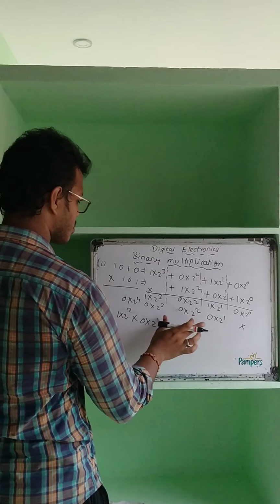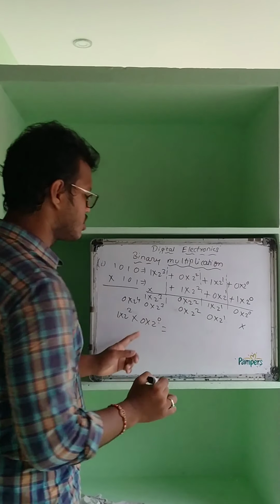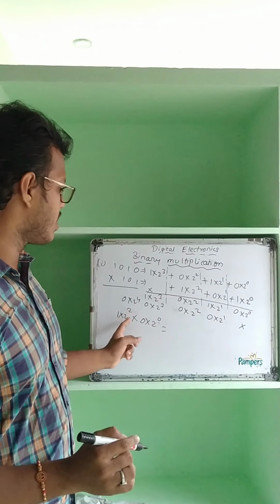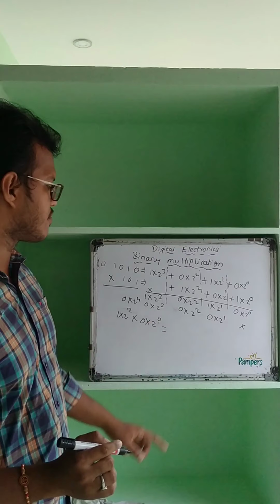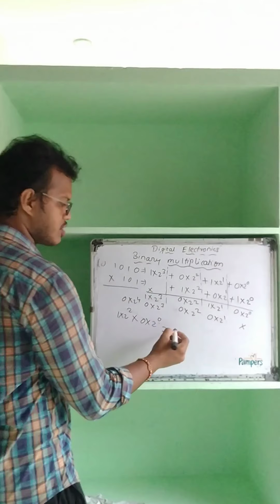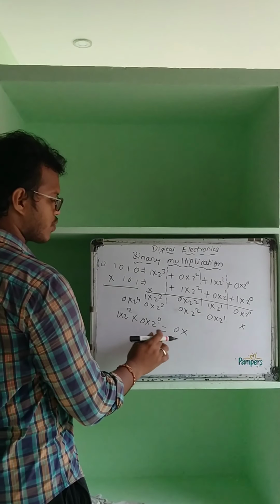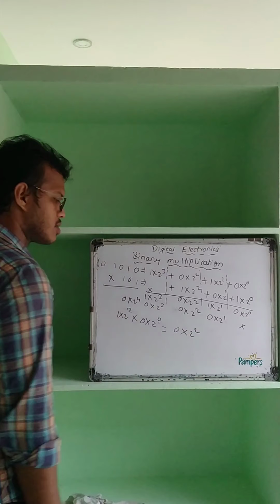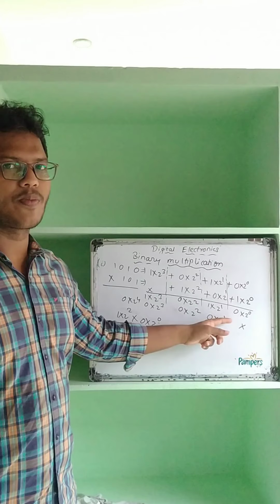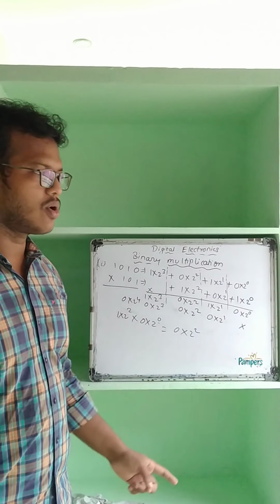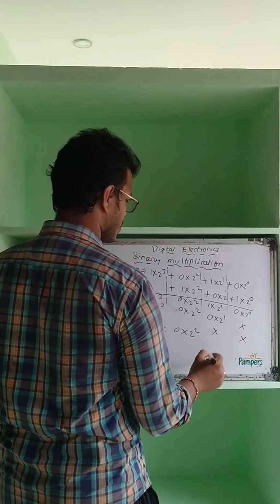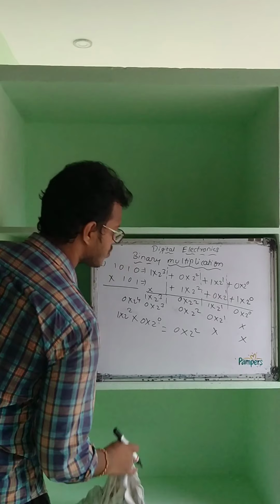Sorry. 1 into 2 square is multiplied by 0 into 2 power of 0. So what we get? 1 into 0. 1 into 0 is 0, 2 square. So if we see the result, 2 power of 1 is not appearing, the 2 power of 1 is not existing. So neglect the 2 spaces. Okay. So write the 0 into 2 square.